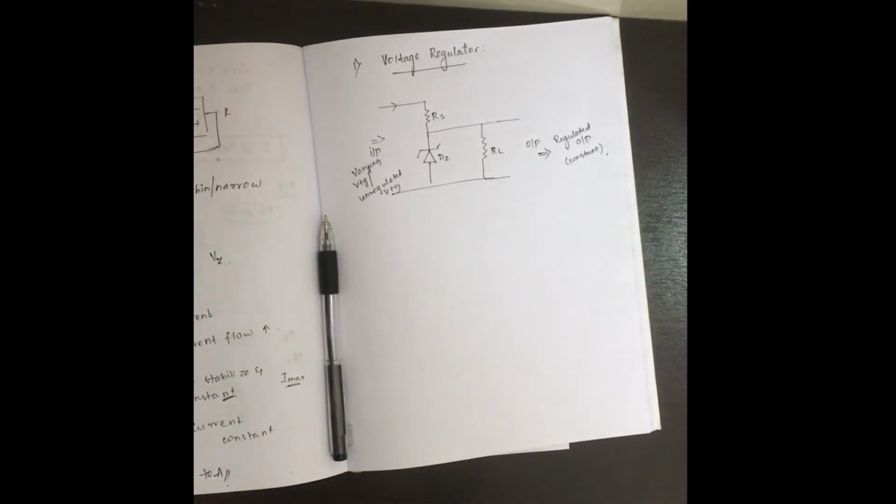In the last class, I explained about the Zener diode, which can operate in a reverse bias condition. The current will flow from cathode to anode. It is because the depletion region is made thin, so the minority charge carriers can cross the junction, and the current will flow without affecting the depletion region. That's why this Zener diode is used in a variety of applications, because it can operate in reverse bias condition also. One of the applications is the voltage regulator.